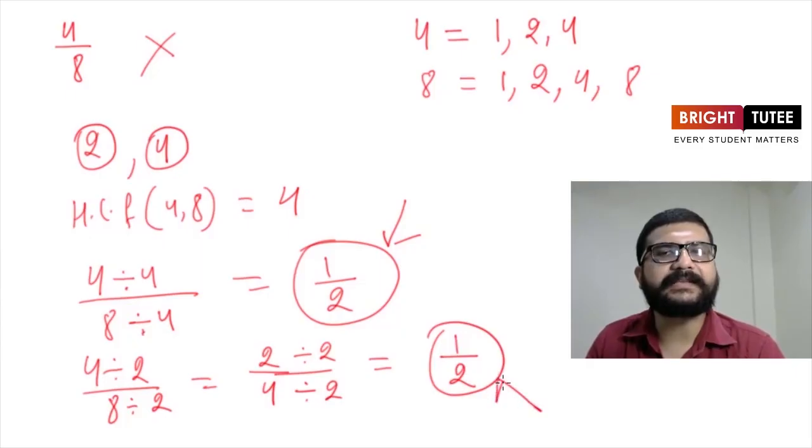So like this also we can get the standard form of a rational number. Either we can divide with HCF directly, this will give us standard form, or we can divide with any of the common factor, and we have to keep dividing until and unless we get standard form of the rational number.